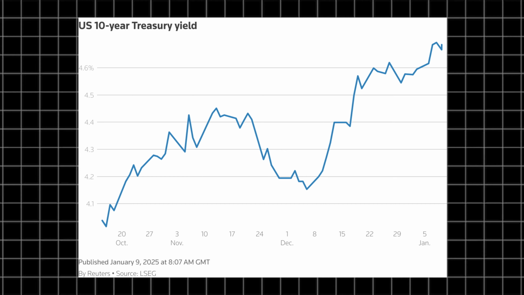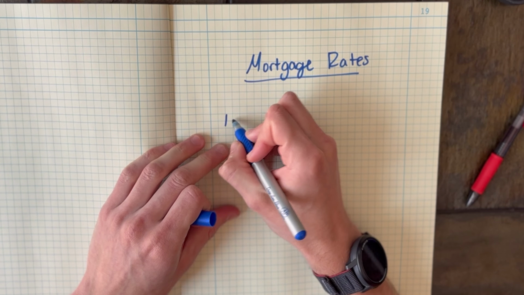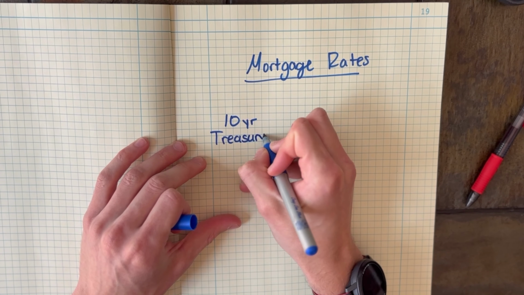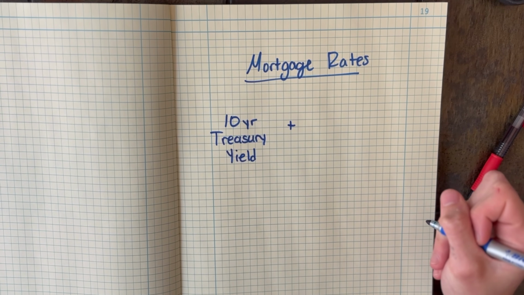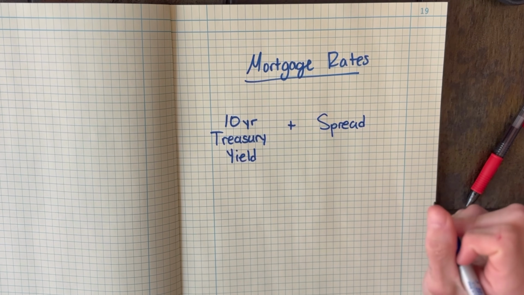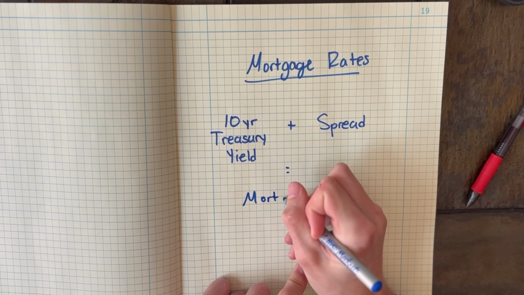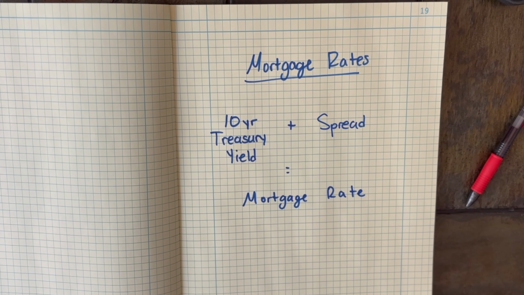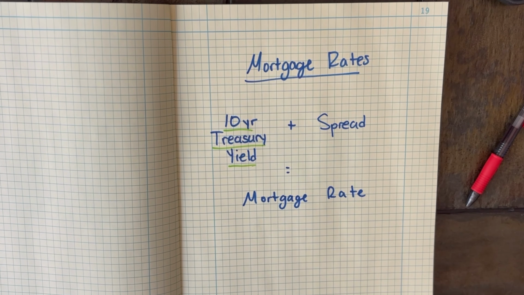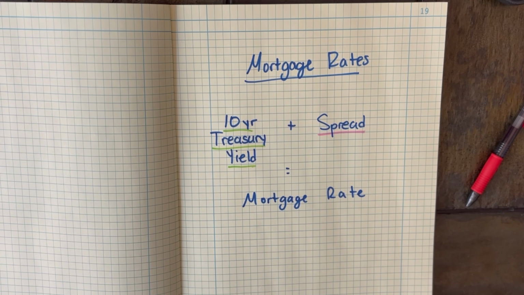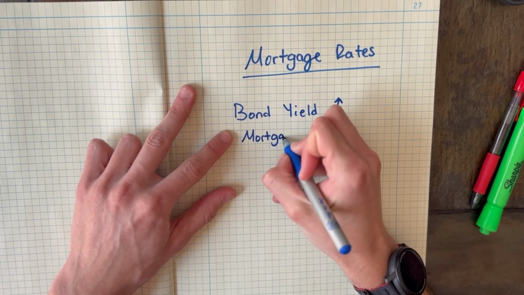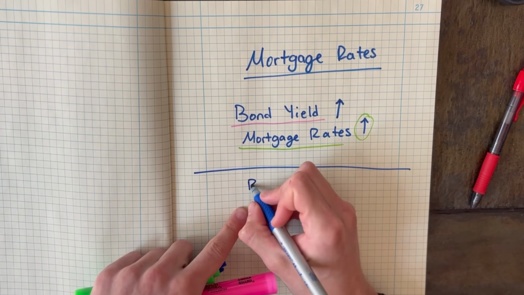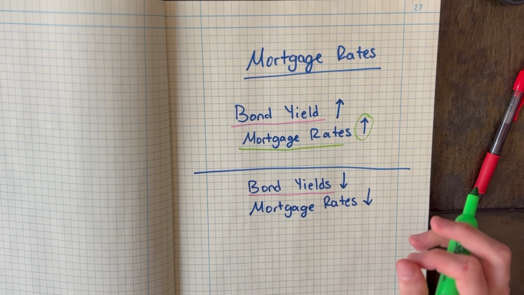Well, everything starts with the 10-year U.S. Treasury yield. This yield is considered the risk-free rate and is used by financial institutions, banks, and investors. In order for banks to determine mortgage rates, they will use the yield from the 10-year Treasury bonds. So it's 10-year Treasury bond yield plus the spread, which equals the mortgage rates. The extra spread is used in case of customers not paying their mortgage and to increase profit margins for banks. So if bond yields rise, mortgage rates increase, and if bond yields decline, mortgage rates decrease.